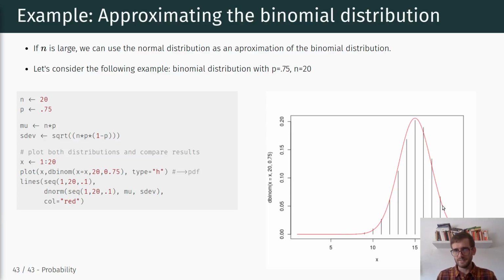And so this approximation of the binomial distribution using the normal distribution is essentially a special case of the central limit theorem, if we conceptualize the binomial distribution as a sum of n IID Bernoulli random variables, right? So the same underlying mechanism is ultimately going on here. It's approaching a normal distribution, essentially.